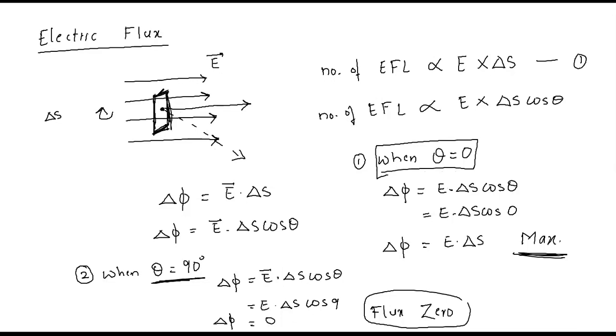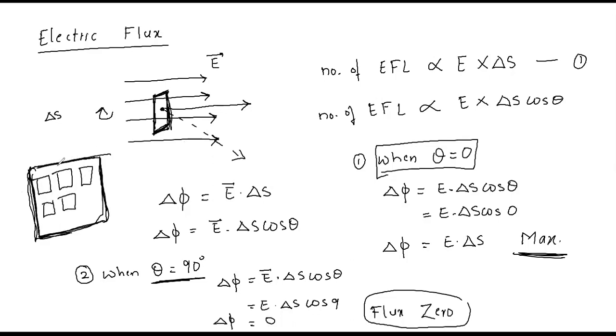This whole story is regarding the small area element. What happens if I want a big area? If I want to calculate the electric flux of a big area, what happens? See, I want to calculate the electric flux for this big area. Now this large area, or say big area, is made up of many of these small area elements. Okay, these small area elements together form a large area.